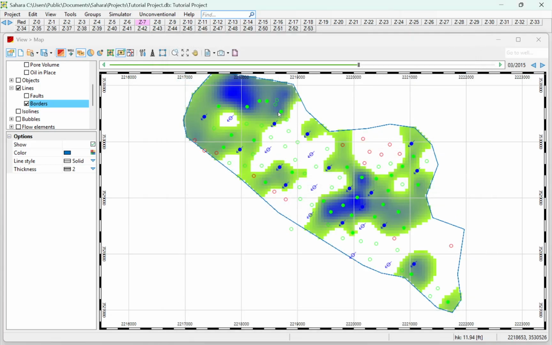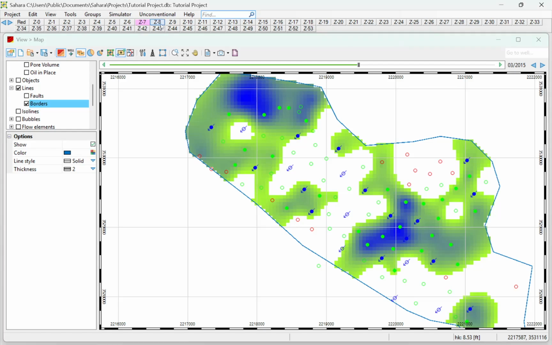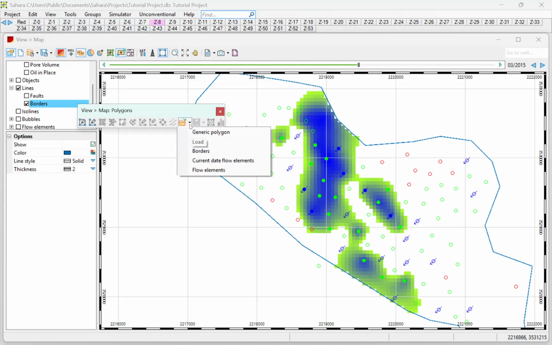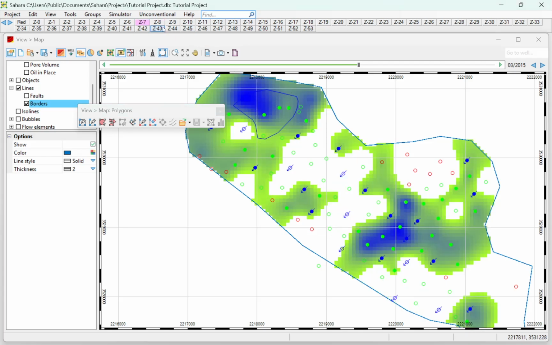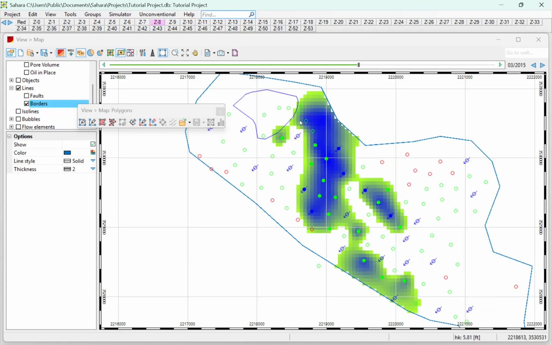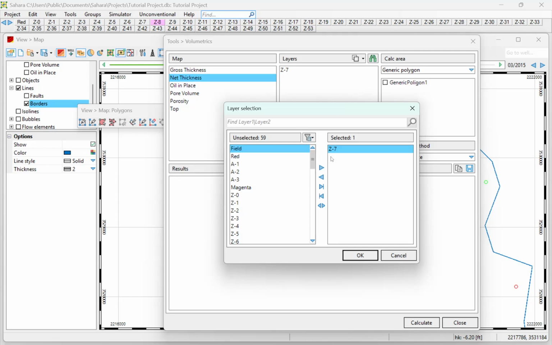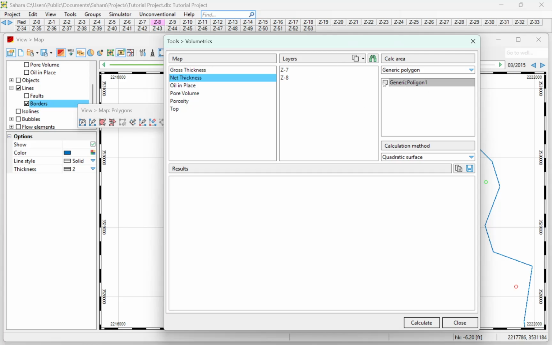We could, for example, consider the same polygon. Let's load it again. To load a polygon, you can go here, load a generic polygon, and here we can load it, and we can see that the same polygon that we defined for layer 7, in which all the values were valid, here only a small amount of the total area inside the polygon has valid values inside of it. So now we will return here and do another calculation for layer number 7, and now we will include layer number 8, just for you to see that probably we will have a big difference now between